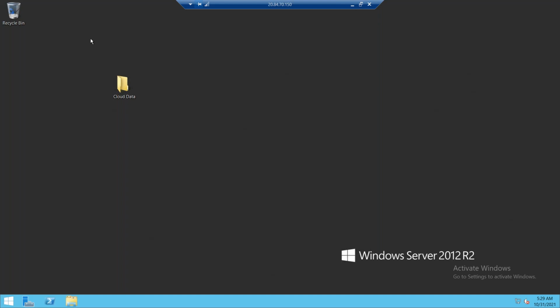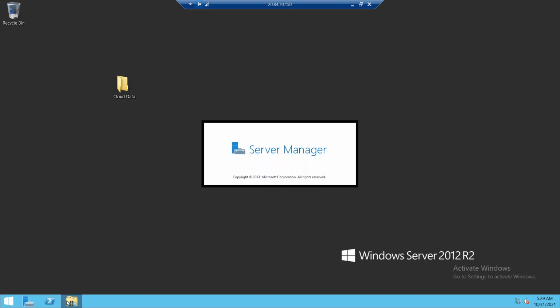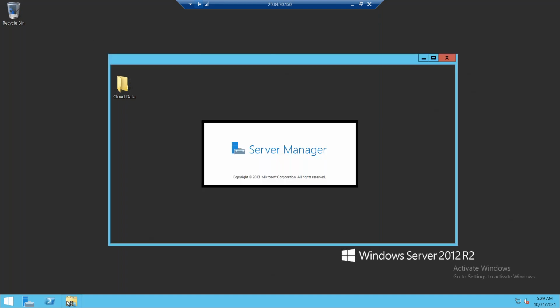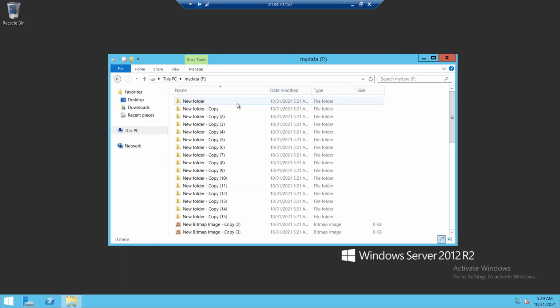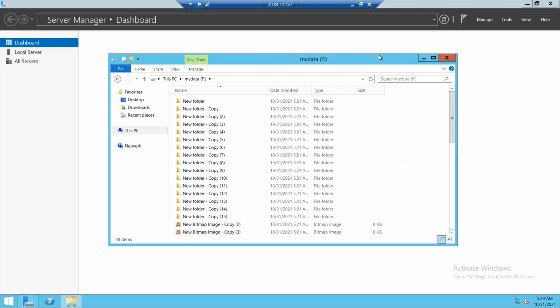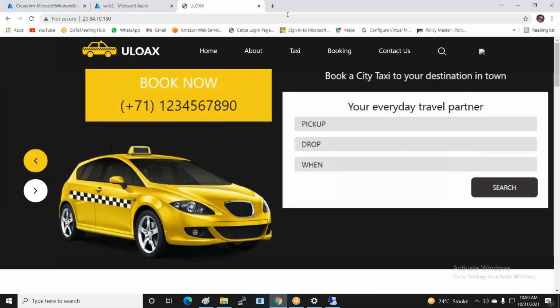So you can see the folder comes automatically. The F drive comes automatically, and inside the F drive all the data has also come. Okay, clear everything? Yes, clear.